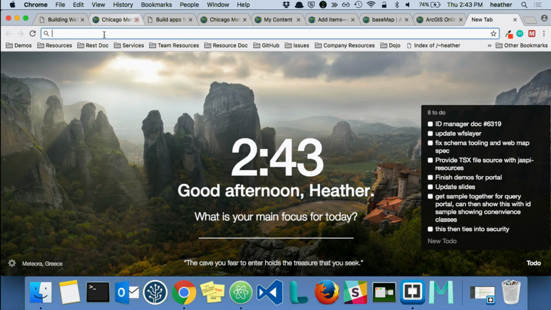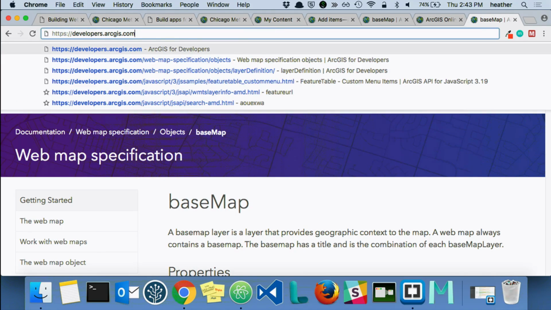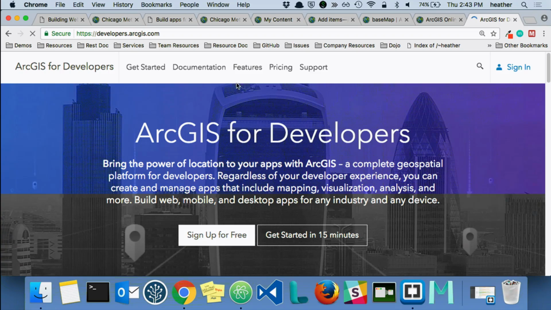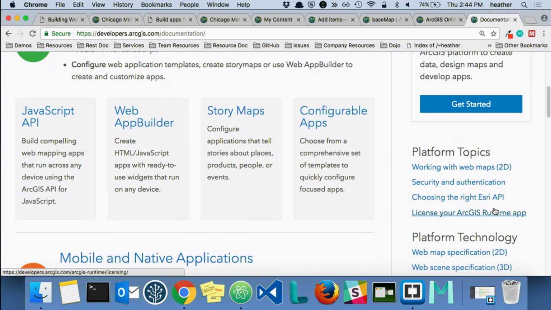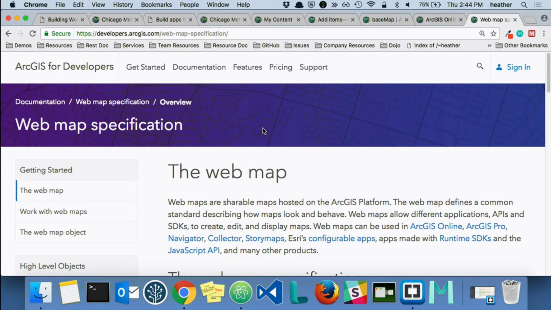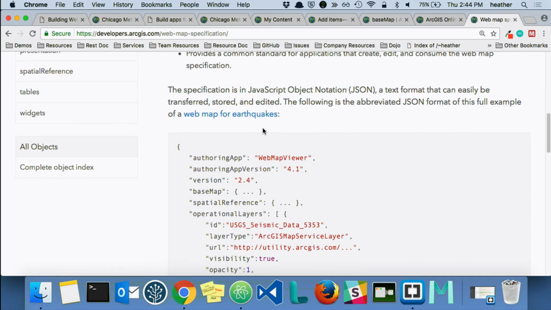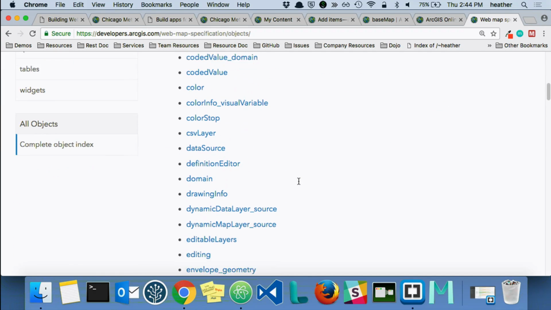But I wanted to show you the web map spec. I'm just going to show you directly from the developers site. If you go to developers.arcgis.com, documentation, and then scroll on down to platform technology, you're going to see we have a spec for both 2D and 3D. Click on this web map spec, and you can see pretty much every single object that you can access